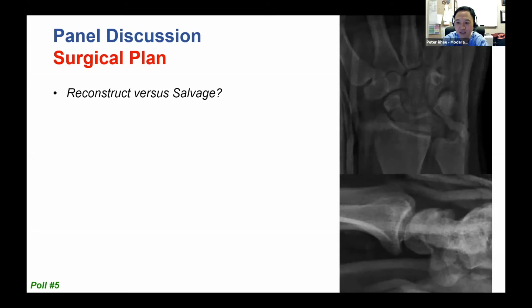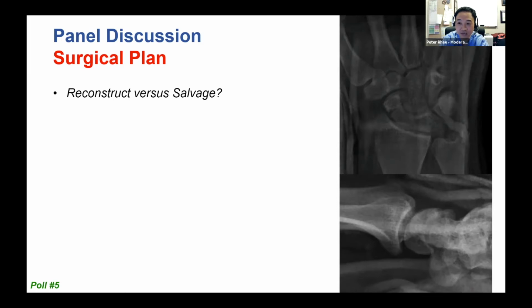I remember I was talking about this one time at a meeting, and someone that I respect tremendously said, I've noticed that the outcomes are not the best. Not saying that they did it, but they said, should we think about just going straight to a four-corner fusion or a PRC? And I thought it was a little excessive, or aggressive, I guess. But maybe any thoughts from our more senior